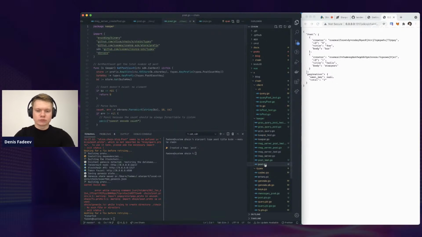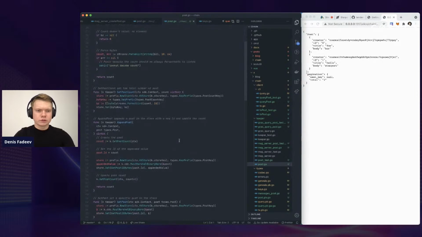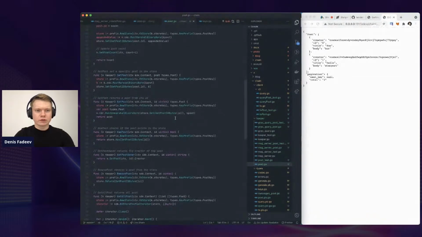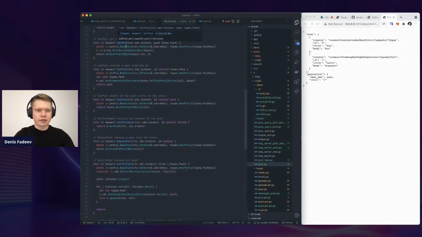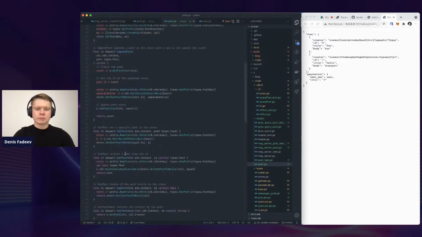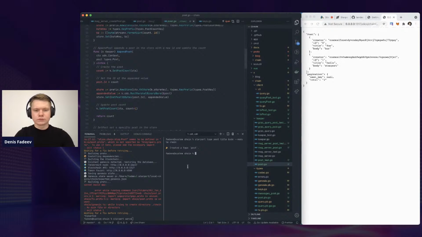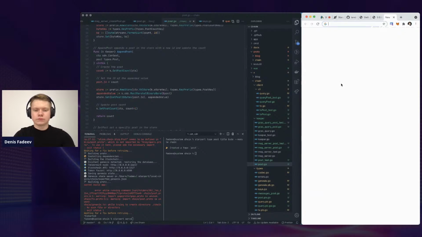So we also have post go file, and it's similar, but it also has functions for setting and removing posts, right? I mean, you can scaffold it for anything, right? You can type, I don't know, product name, description, etc. Right? So you can quickly scaffold a lot of code, and that's very useful if you go